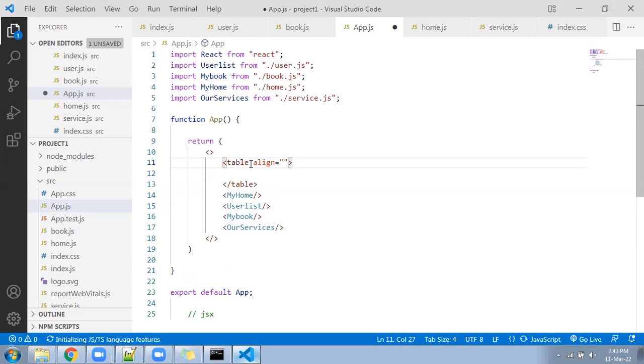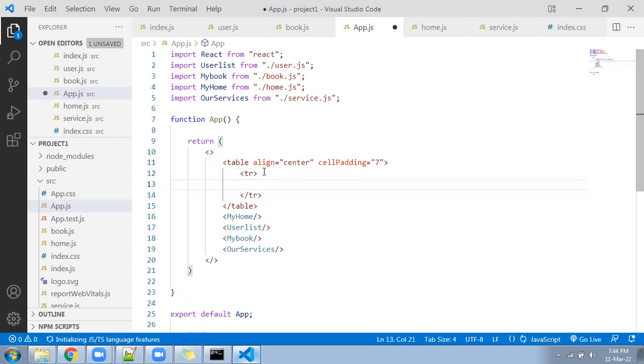Align equal to center. Keep some cell padding. Seven, 8 we can give. Write a TR. Follow the TD